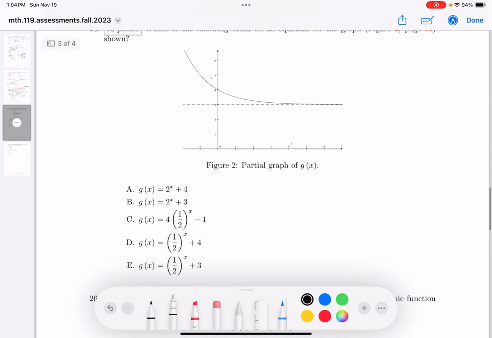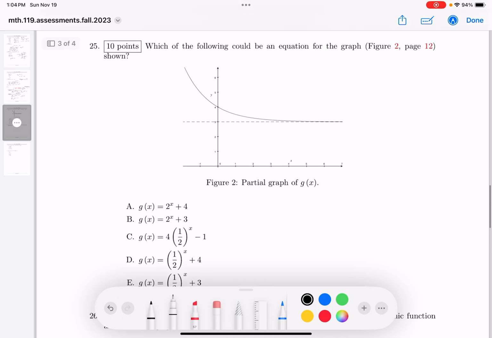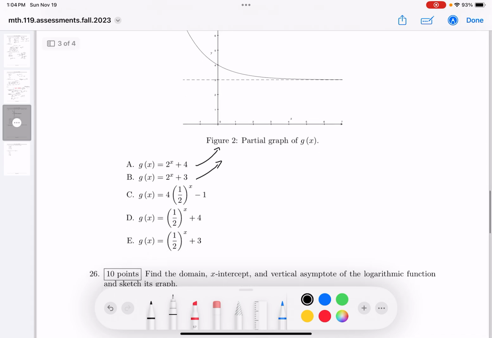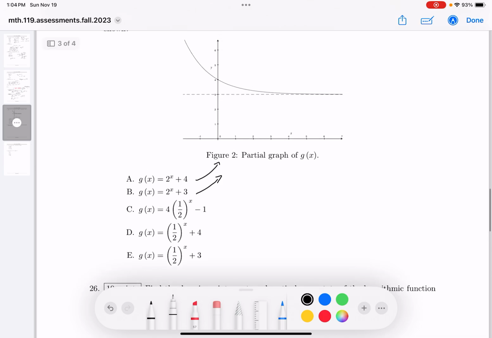So anyway, looking at this, it says which of the following could be the function for that graph. I'm going to say it couldn't be A, because A is growing, that's 2 to the x power. This is growing. All right. So then I'm left with these 3 over here. My question is, which one is it going to be? You might say, I don't know about this. But if you thought about it, if x goes towards infinity,